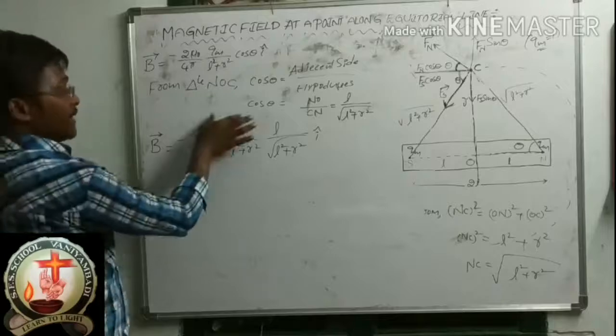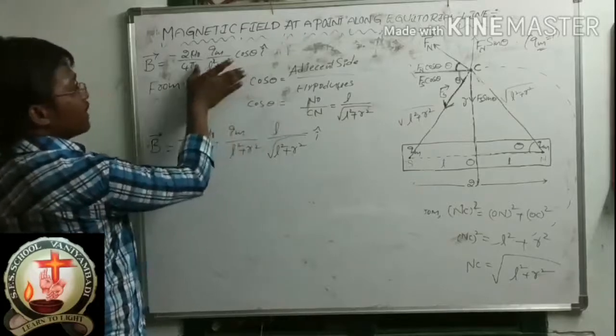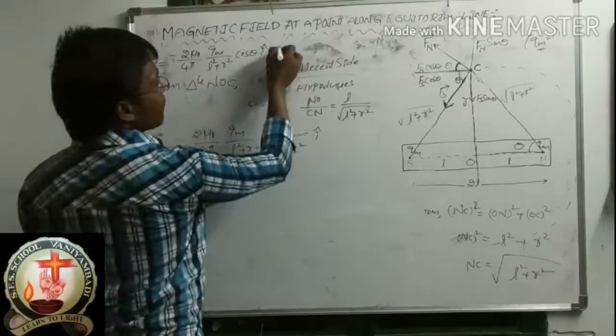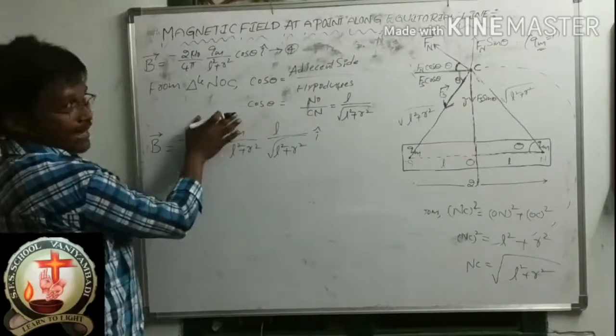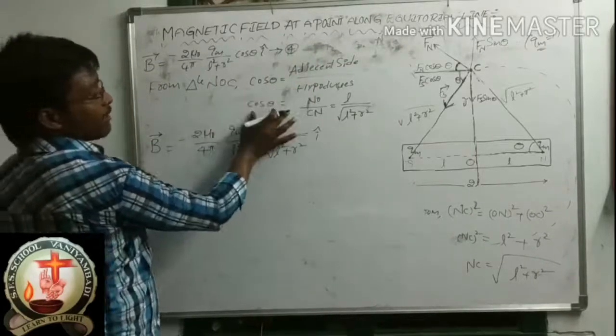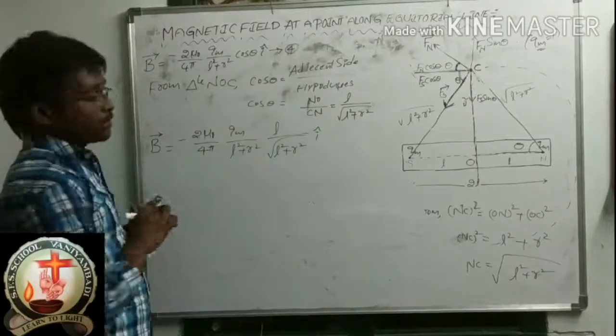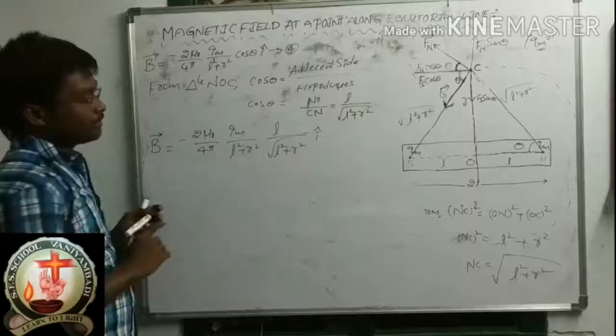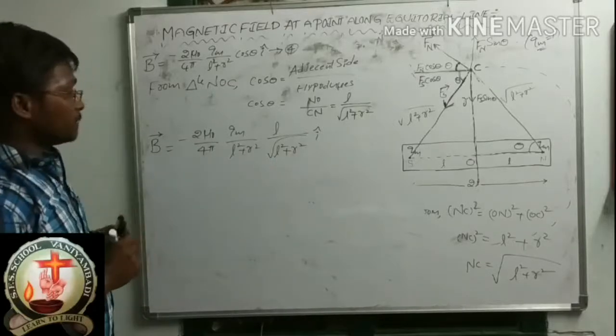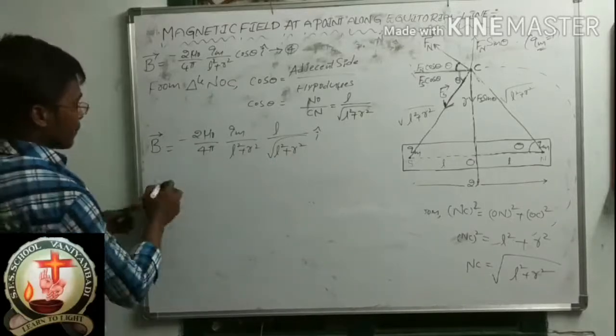Okay, you can write this step: substitute the cos theta value in equation 4. Before writing this step, you can write, substitute cos theta value in equation 4. So this cos theta value is substituted in equation 4. Now after that, see here.